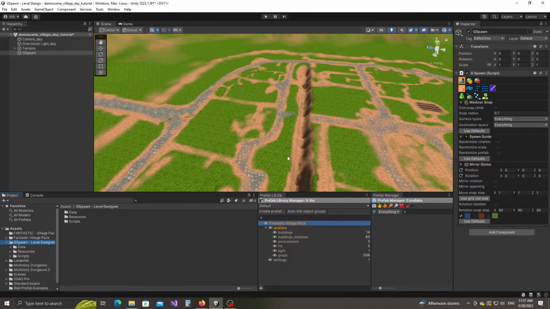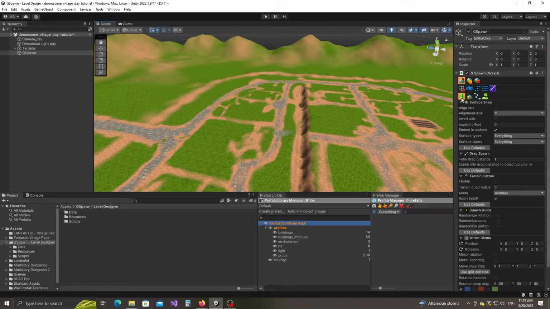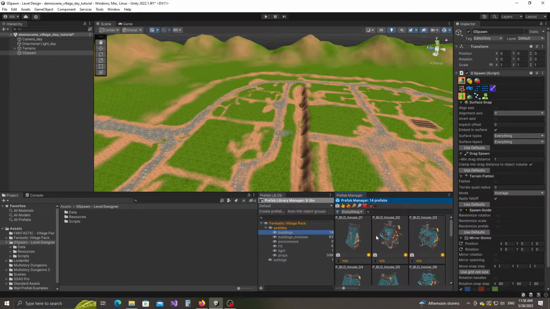so that I can show you how to populate this terrain with objects. Okay, so we're going to start off with props spawn, and I'm going to click on this button right here to enable it, and I'm going to go to buildings, and I'm going to lay down a bunch of houses first. So let's go ahead. I'm just gonna double click on this guy, and